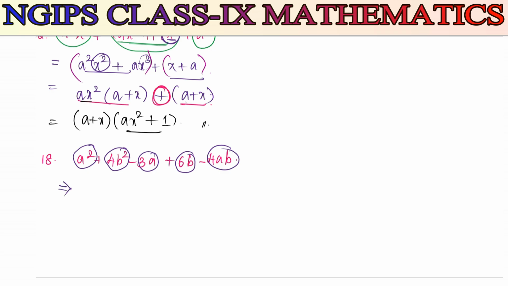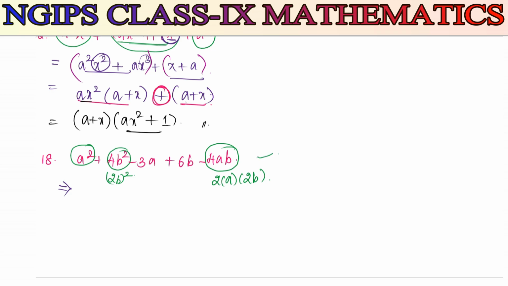Okay, now see here, first I am going to choose. Definitely here you have to use the identities. First you will get the idea when you just focus on the given terms. Here we have a square and this 4b square, so I can write it as 2b whole square, and 3a I cannot split, even 6b also I cannot split. This 4ab I can split into 2 into a into 2b. So when you multiply here 2 2s are 4, a into b, you will get ab.